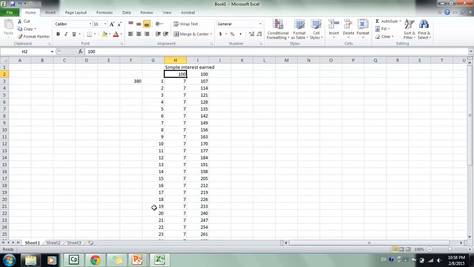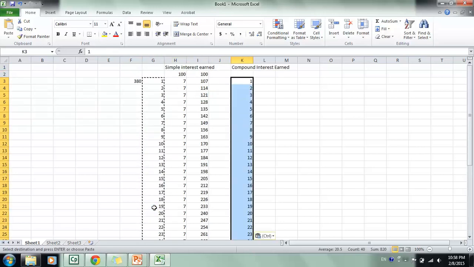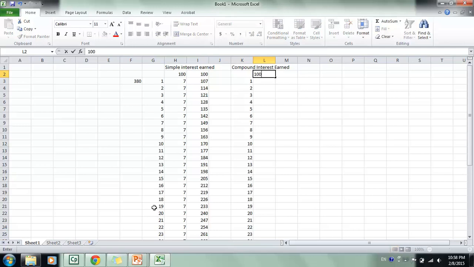Now let's make the same thing with compound interest. Compound interest earned. Same, years 1 through 40. And the starting amount is $100. Now the principal,